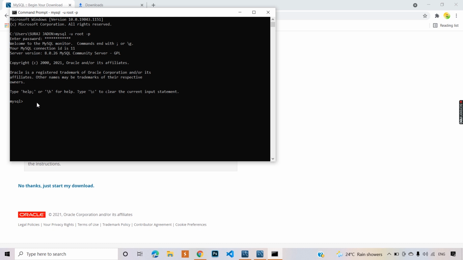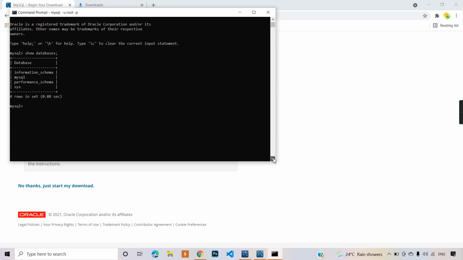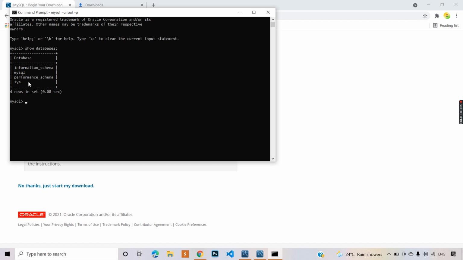Now here we will see a database, so simply type show databases and press enter, and you can see all the information of the database. Now we will add something in a database, so type create database, and I will store the name Suraj in the database.